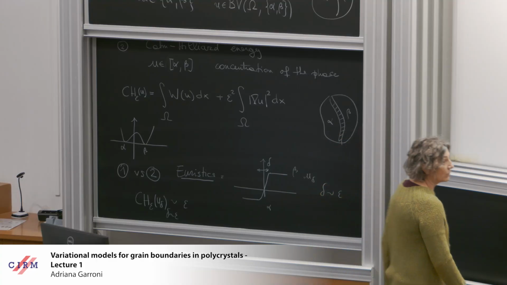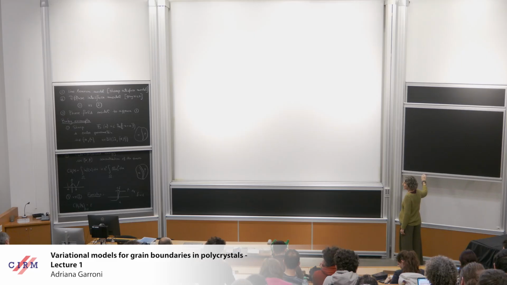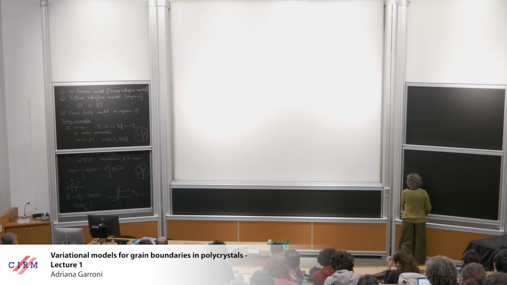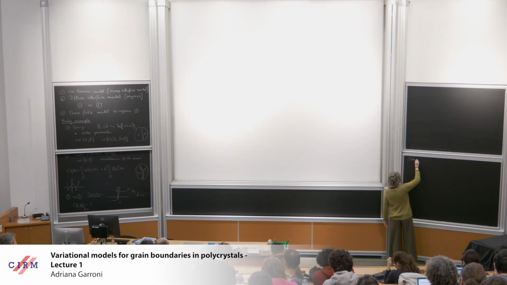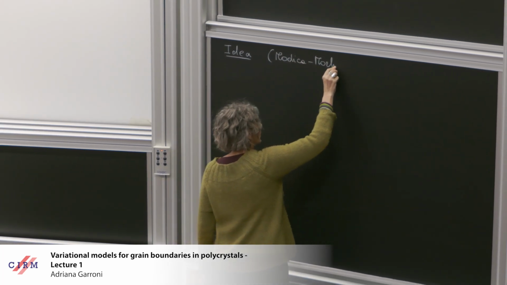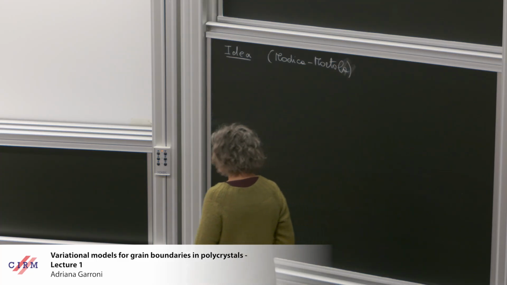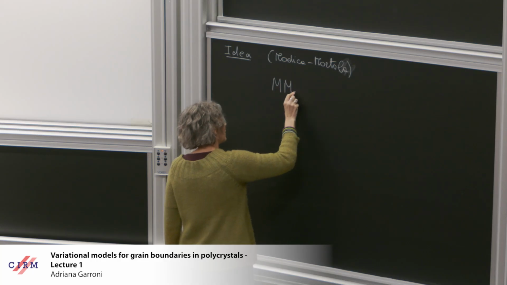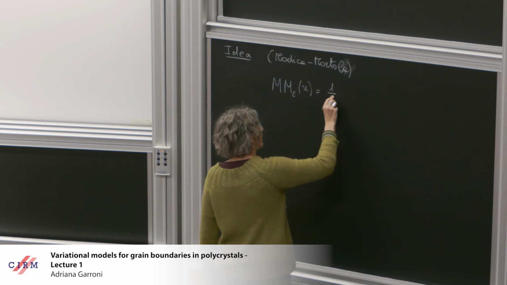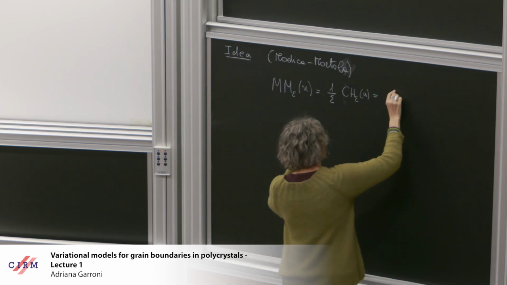So the idea is then the one that is the basic starting point for the asymptotic analysis of this energy. The idea is there by Modica and Mortola. I start from this energy and rescale it and produce this energy that also Jean-François was calling Modica-Mortola energy. So the Modica-Mortola energy is 1 over epsilon, the Cahn-Hilliard energy. So it's 1 over epsilon